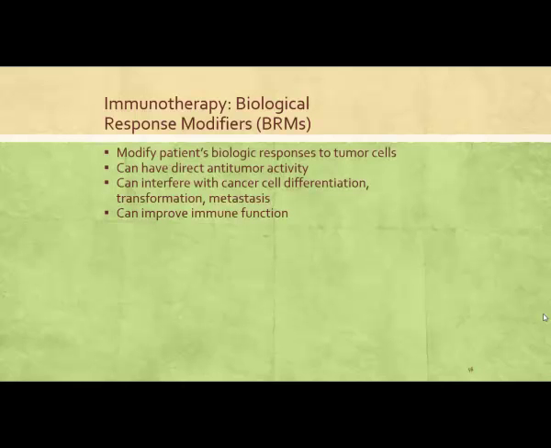And biologic response modifiers are used for supportive therapy during cancer treatment because of colony stimulating factors, which induce more rapid recovery of bone marrow. And if I have more rapid recovery of bone marrow, I have more capability of producing cells. So some of those things that we talked about, Neupogen and Neulasta, those are going to help with the neutrophil counts. Epoetin alfa or Epogen and Procrit, those are good for erythrocytes.